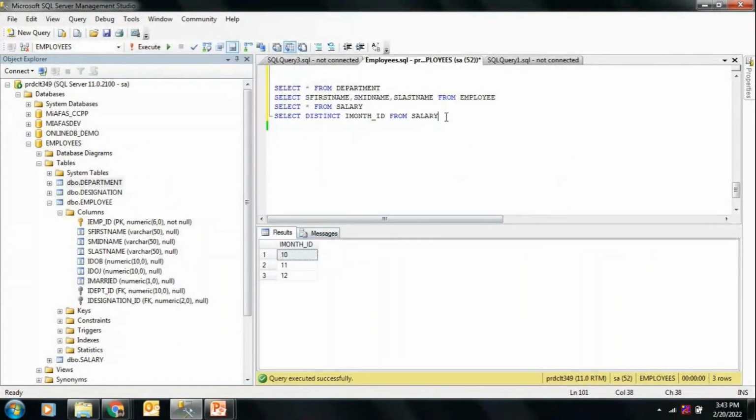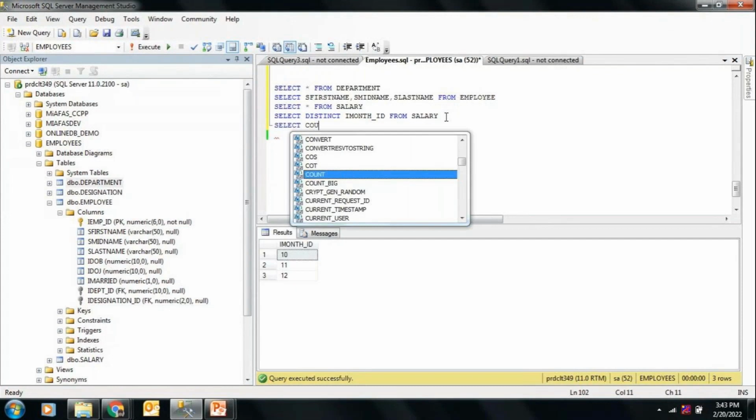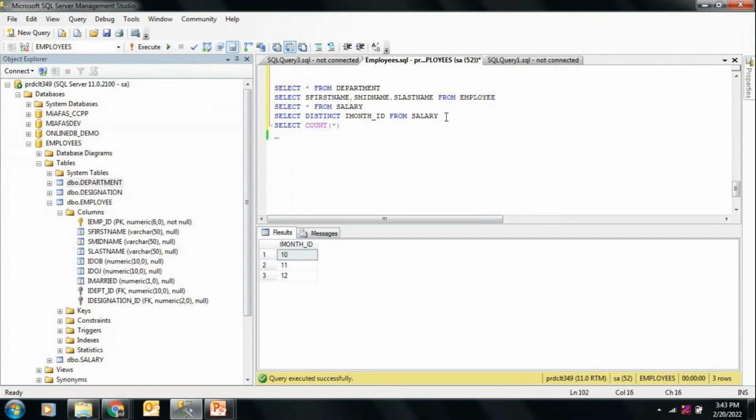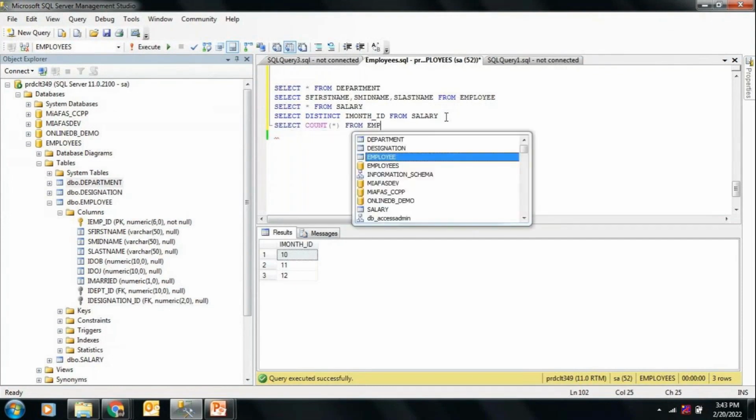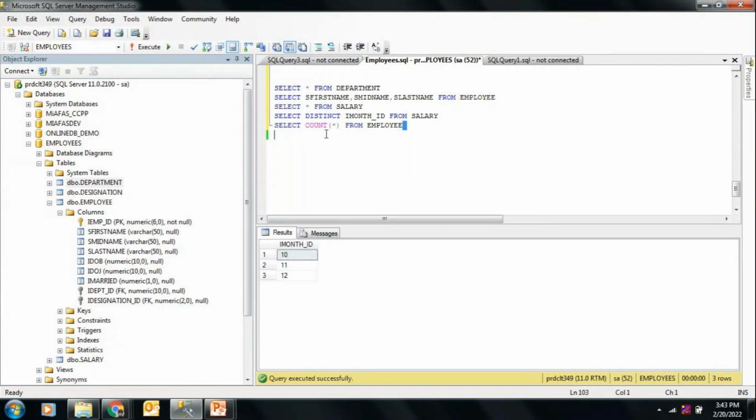Now I want to see the number of records in employee table. I want to find the number of employee count. Select count star from employee. So I want to find the number of employees. Execute. It is 10. That means there are 10 records in employee table. Okay. Next,